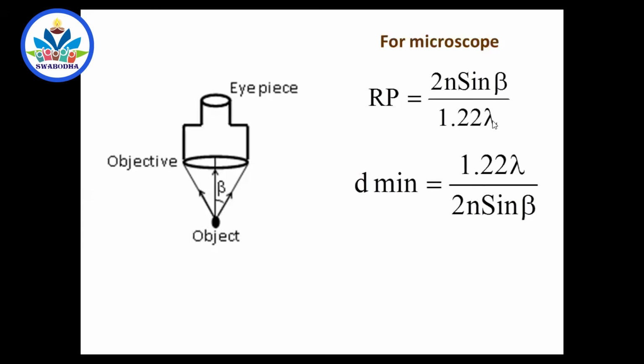Sir, can't we use X-rays and gamma rays which have still lesser wavelength? You know what the problem of X-rays and gamma rays is if they are used to illuminate the object. They are very harmful to living beings. And if you receive that light and it falls on the retina, it is a permanent damage. So better not to use it. Ultraviolet is also harmful, but up to some extent we can use it. So if the object is illuminated with light of lower wavelength, resolving power can be increased. And such microscopes which use lower wavelength ultraviolet light, for example, are called ultra microscopes.